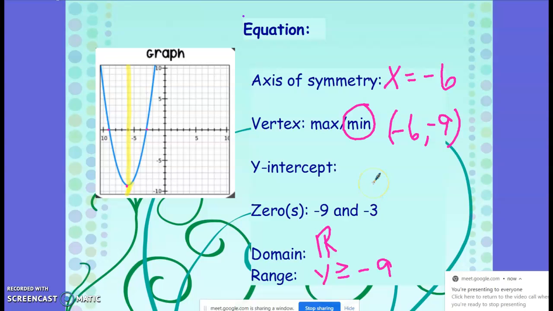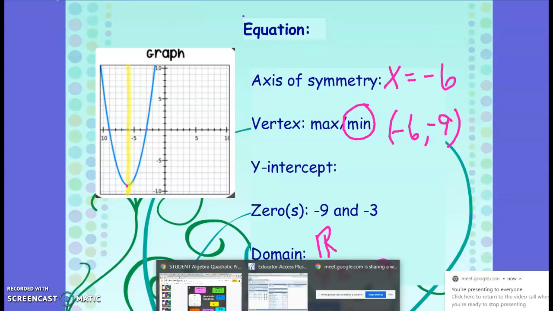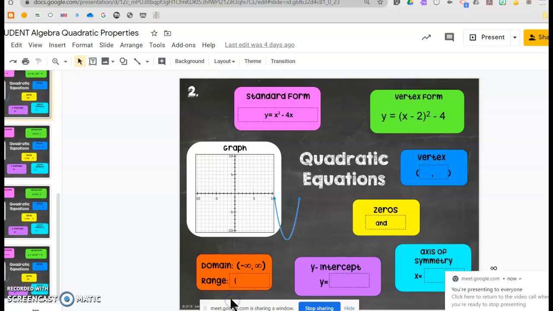But we already have the vertex form if we have the vertex. So in this case, the -6, -9 is the vertex, and that is going to lead us to our vertex form. Vertex form is y equals a parentheses x minus h squared plus k. So the vertex